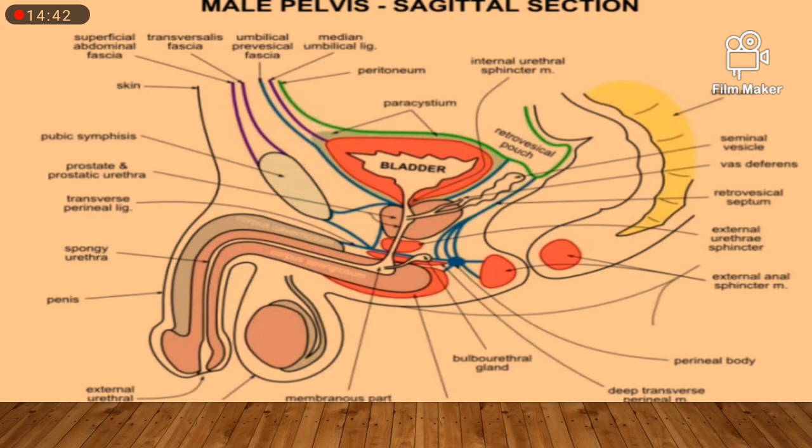So here you can see a sagittal section of the male urethra. Here you can see this is the bladder, and this is the neck of the bladder, and the prostatic gland. Here you can see the seminal vesicles and ejaculatory duct draining into the prostate and this urethra, and thus semen flows through this male urethra. So the male urinary tract and the ejaculatory tract are the same in this region,